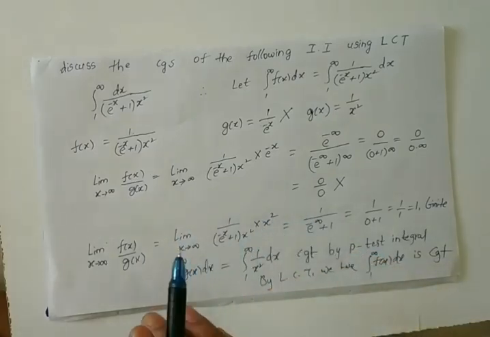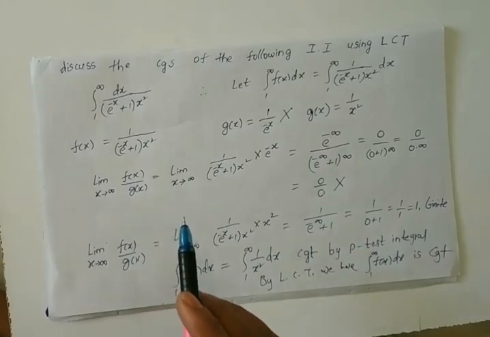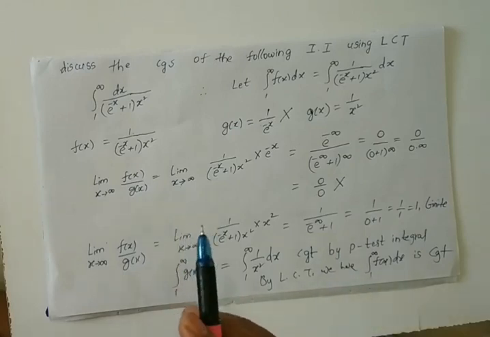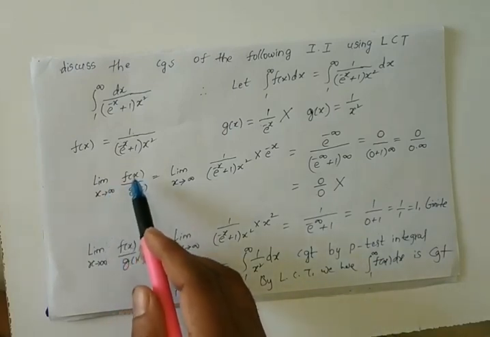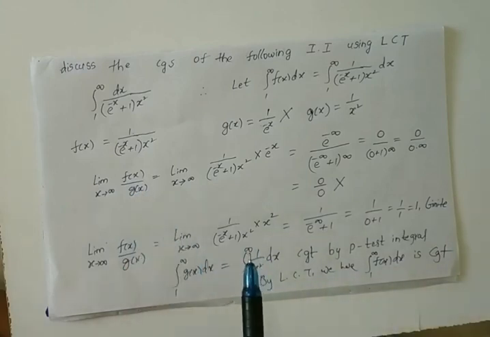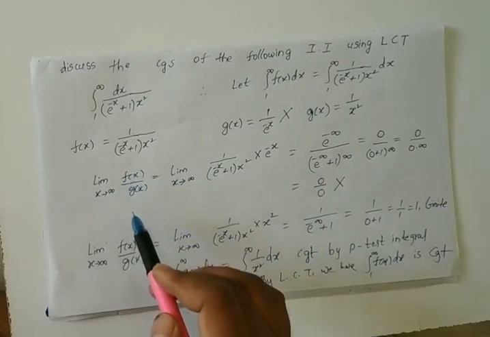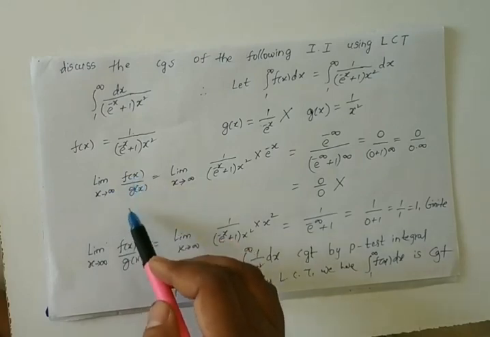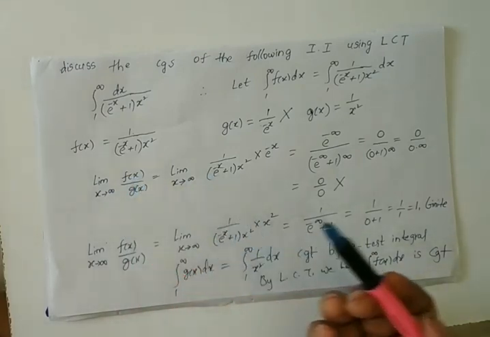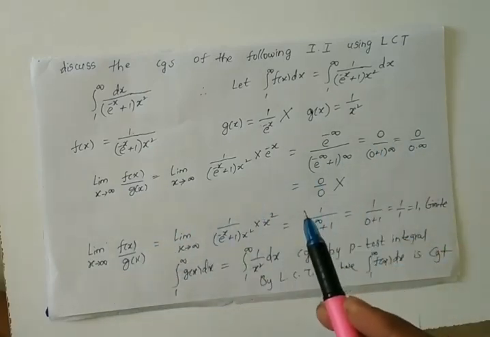Okay, don't confuse. So here, whenever you are choosing another function g of x in limit comparison test, we have to choose the function g of x such that limit x tends to infinity f of x by g of x must be finite. That's all. Suppose limit x tends to infinity f of x by g of x is not finite, then in this case you can choose another function g of x and check whether limit x tends to infinity f of x by g of x is finite or not. If finite, no problem. If not finite, next we have to choose another function g of x and check the condition. That's all. Okay, clear?